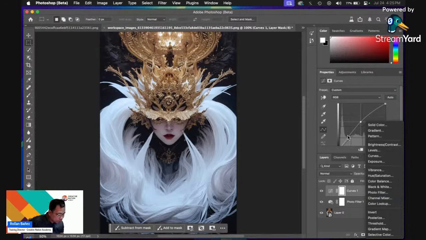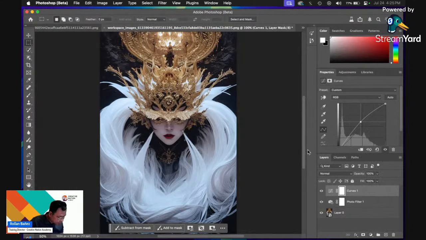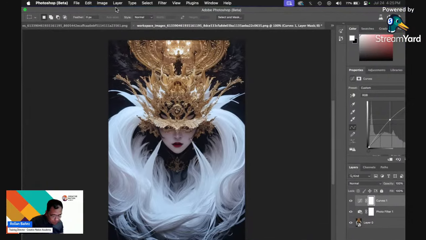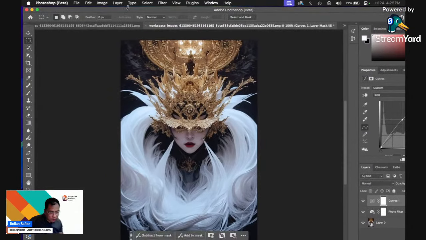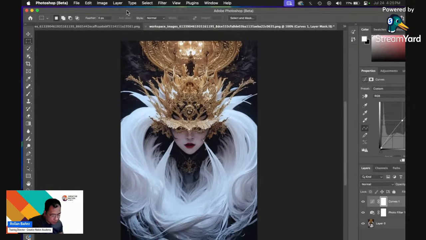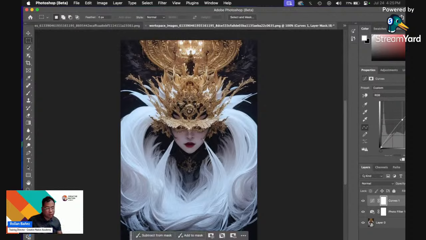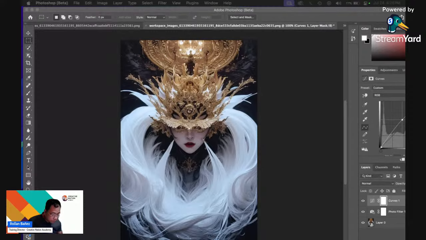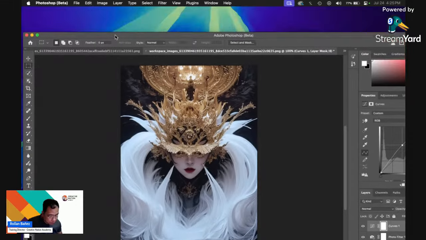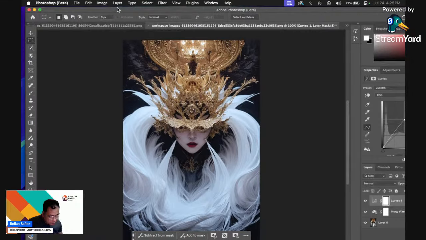Okay, so that's adjustment layers. And the next one would be, what's your favorite? Okay, what's your favorite type of adjustment layer? Mine is levels and curves, and even photo filter, as you would see here, because it enables me to create lots and lots of